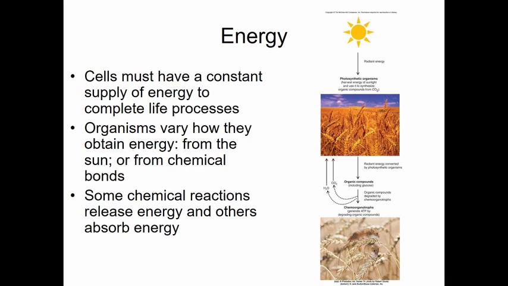If you run out of something that's providing energy, your body goes, okay, what can I break down today to harvest the energy from it? In the case of your body, it will break down fat, it will break down protein, it will then lead to breaking down muscle and other compounds before your body gives up and you die. Good or bad? But you've got to have some supply of that energy, otherwise nothing happens inside the cell. So organisms are going to vary in how they obtain that energy and in what they bring in to maintain that source. But ultimately it's coming back to this concept of forming ATP.